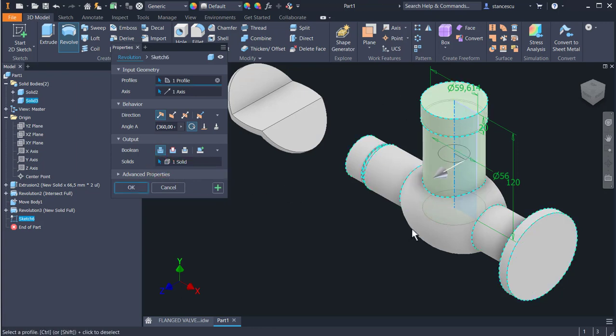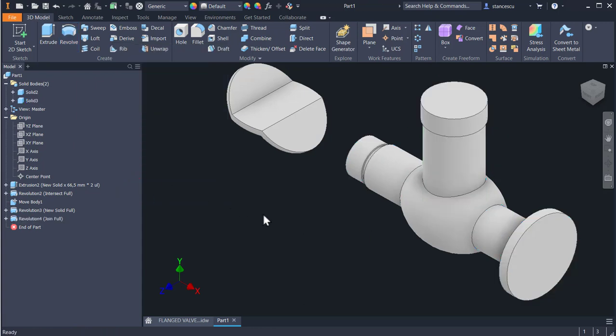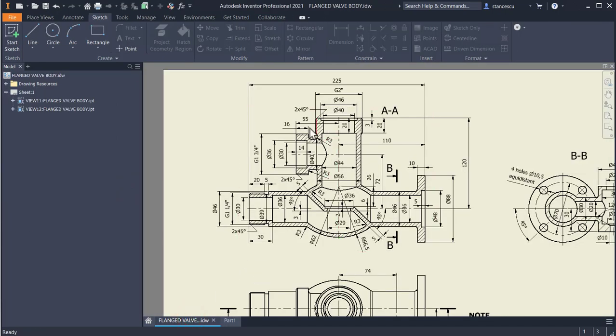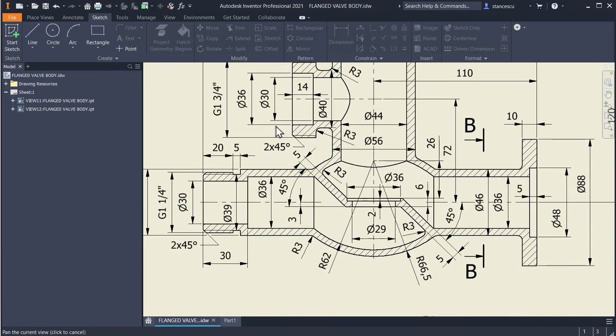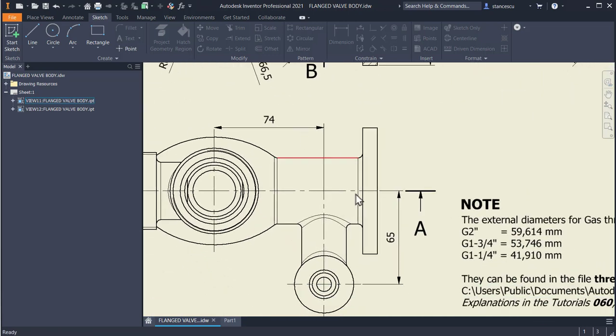Now you see there is only one volume. Okay. The other one is this one with another gauge fillet which has this diameter